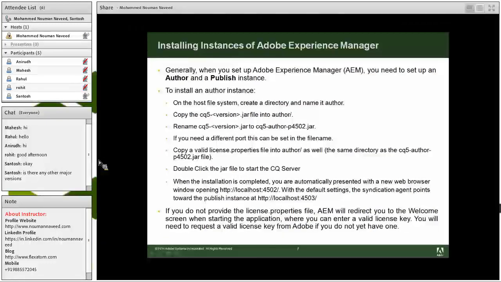So to install AEM, once you get the jar file, create one folder called author folder and create one folder called publish folder. Put a copy of the jar file in both folders. Inside the author folder, rename the jar file you have to